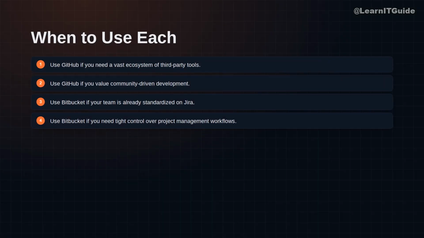Choose GitHub if you need a vast ecosystem of third-party integrations, or if your team values community-driven development. It is the industry standard for a reason. Choose Bitbucket if your team is already deep into the Atlassian stack. If you need tight, native control over project management workflows and release tracking, Bitbucket will save you hours of manual